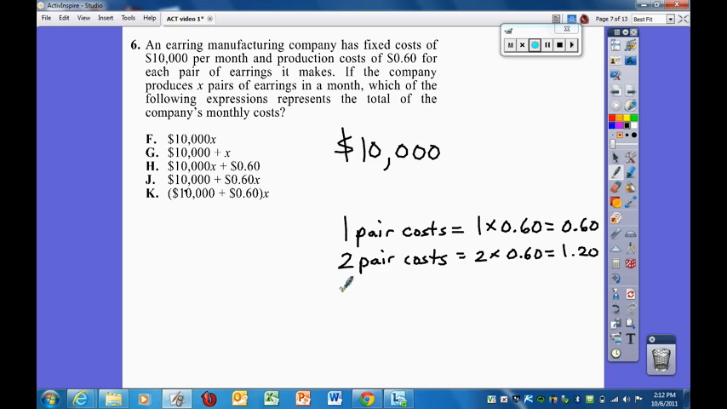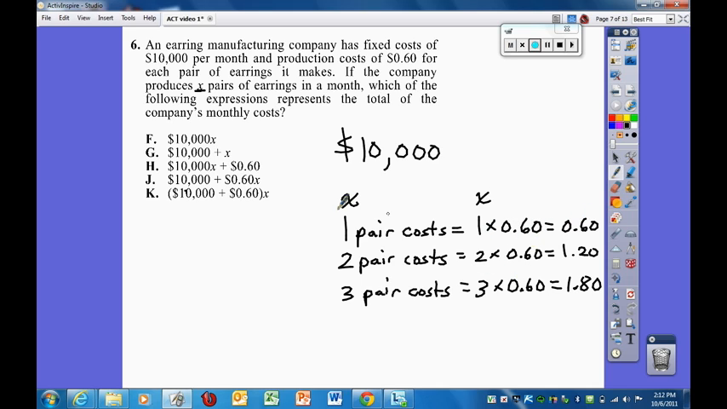We could move on down one more. 3 pair costs 3 times 60 cents, or $1.80. Okay, so depending on how many pairs of earrings we produce, we have extra expenses. And that's the variable that's going on here. The number of pairs is varying. So when it says if the company produces X pairs of earrings, X is the variable. So this is my X, and it's showing up right here also